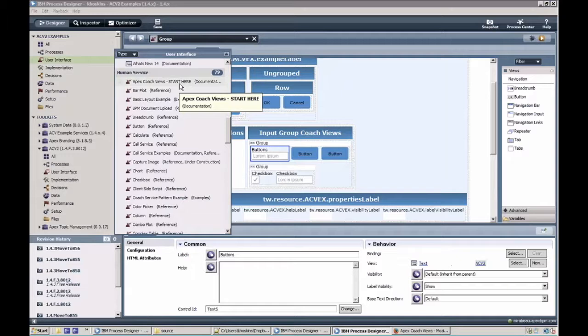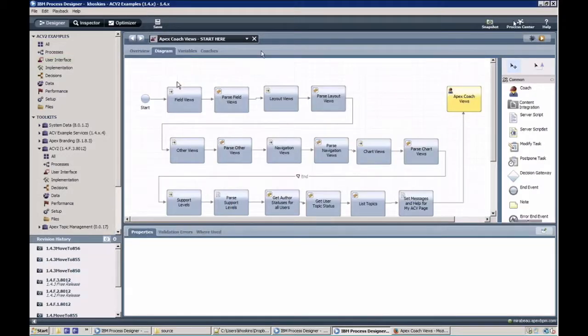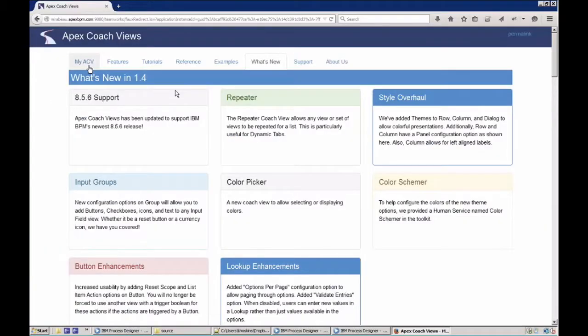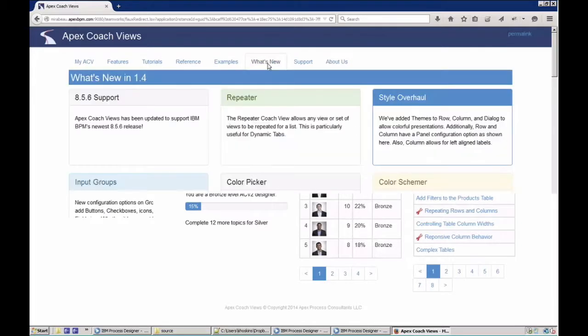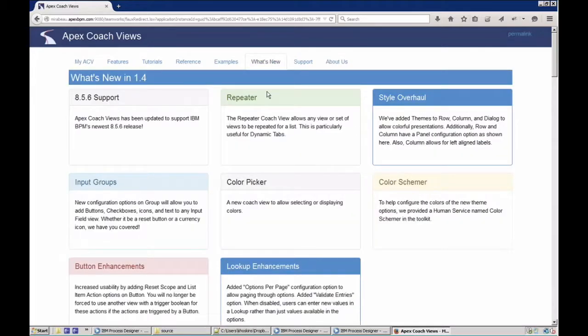You can jump right in this Apex CoachView Start Here service. You give that a run, and you land here. And as you see, some beautiful faces of Apex employees. Not only will this contain links to different training and reference pages, it also highlights our what's new. So as we're back in our what's new tab, actually before I start going into the what's new,